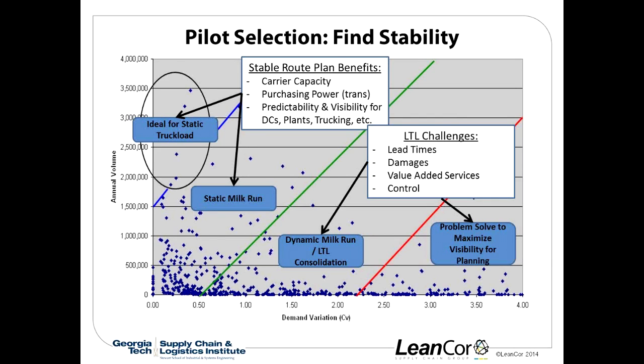So we look at a few different things when we're trying to figure out what a pilot would be and where we're going to select our place to start. If you're in a place where suppliers are managing transportation and shipping it, we certainly advocate that that's going to cause all kinds of visibility issues, and that you take control of what's going on inbound, that you have visibility to what's going on inbound. If you're in a place where you don't have any of that right now, and I know some of you on the phone do have good visibility, but it's more about just getting better,